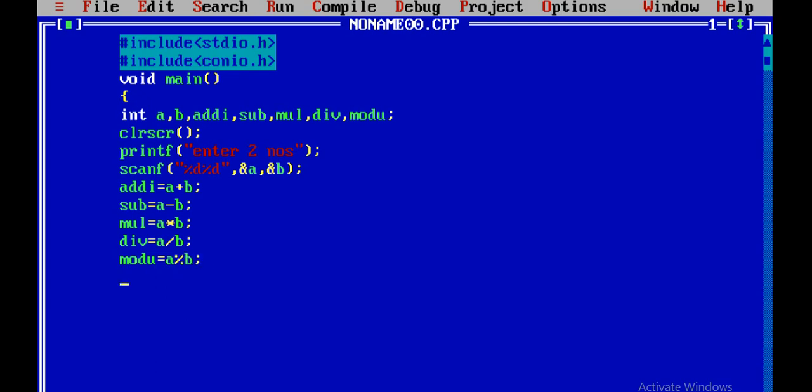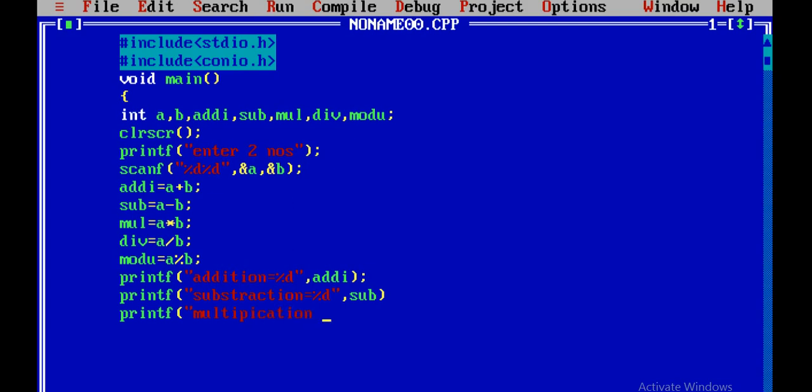Now print all these results in printf. Now printf addition equals percentile d, and the variable will be add. And for the next we'll print subtraction, percentile d, comma sub. Next printf multiplication equals percentile d, mul.